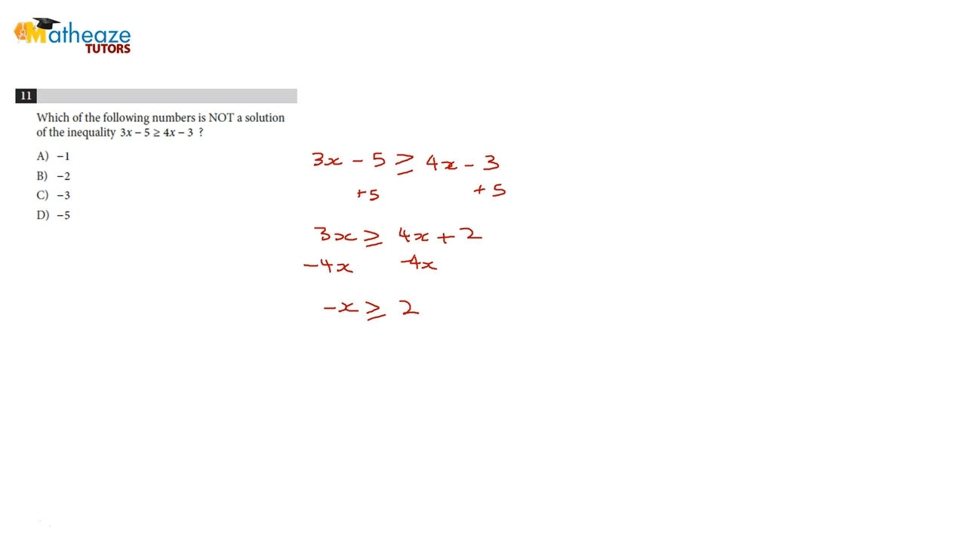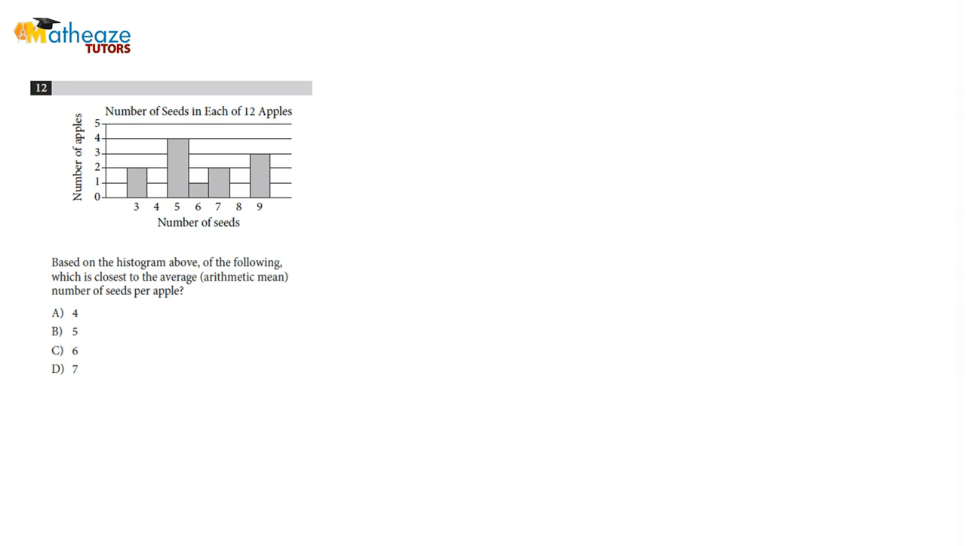And we need to find x, so we divide by negative 1 on both sides. So we have x. Because we divide by negative 1, the sign changes to less than or equal to negative 2. So what it's asking here is which of these is not a solution. So we're going to look for a number that is greater than negative 2. And that's going to be negative 1. Number 12. Based on the histogram above, of the following, which is the closest to the average or